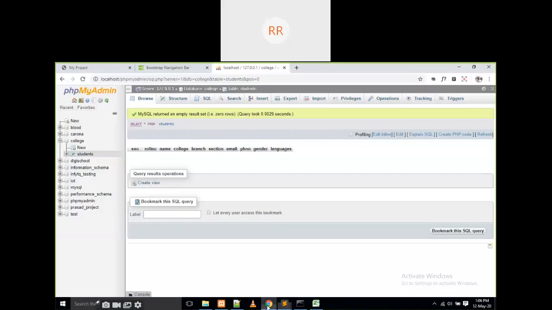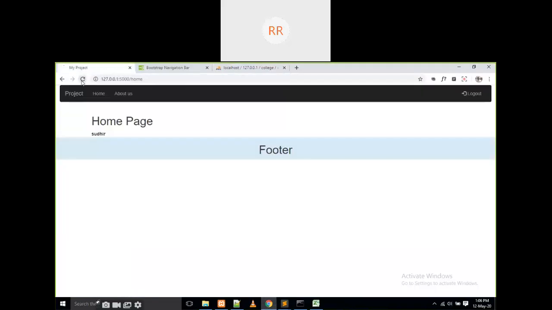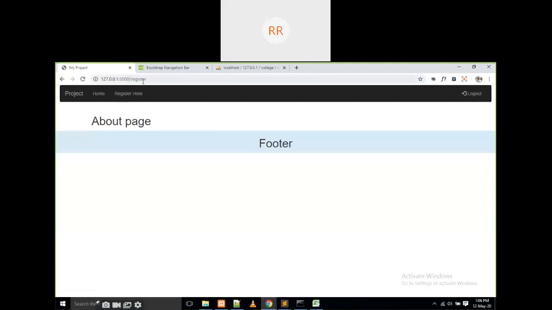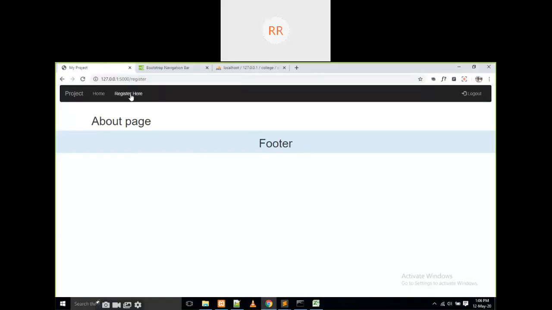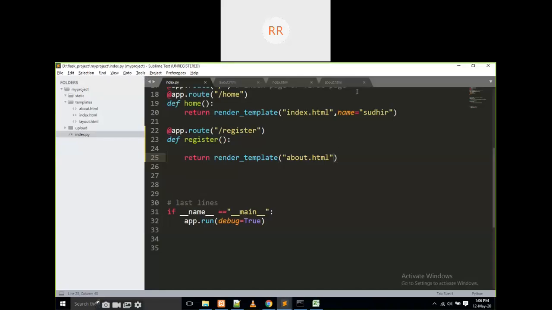Okay. Is everything cool or not? We have to observe here. Yes, register here. If I click on it, it is going to be shown as register, but it is calling the about page. No problem for that. What you are calling is no problem. What is the content inside it is important. It is showing as register here. Yes, the page is about.html.